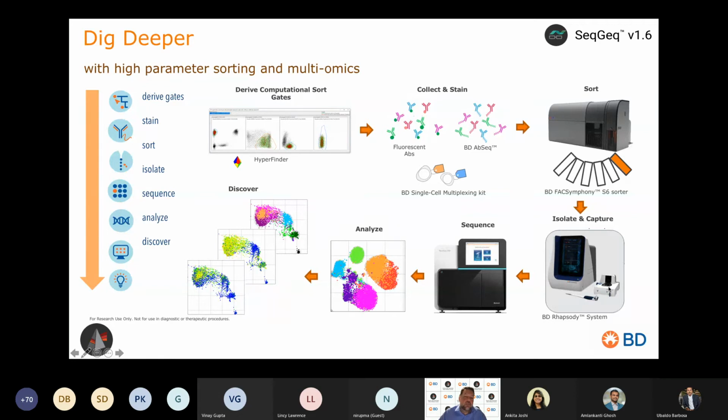And the chip is a microwell, and the cell goes down, and then a bead goes down, and you lyse the cells, and all the RNA as well as any sequence tagged antibodies get captured by the bead. You do your library preps and then sequence that. And we now have a SeqGeek application, which is very much like FlowJo for sequencing, that allows you to do dimensionality reduction, clustering, and differential expression analysis to get at the subsets of RNAs or proteins